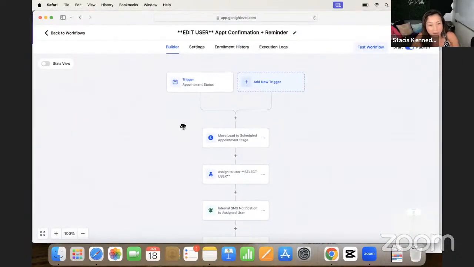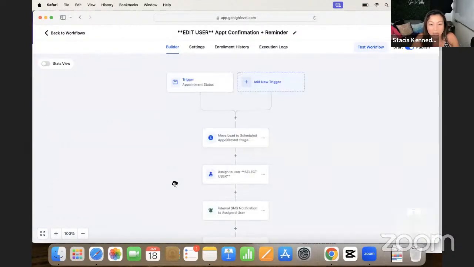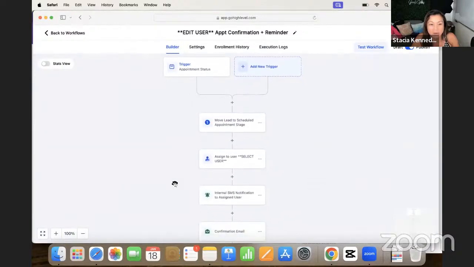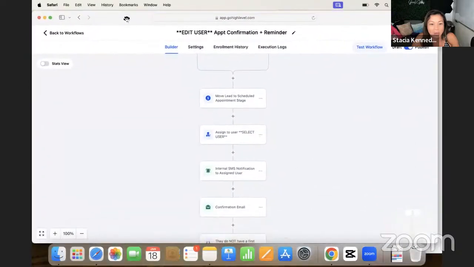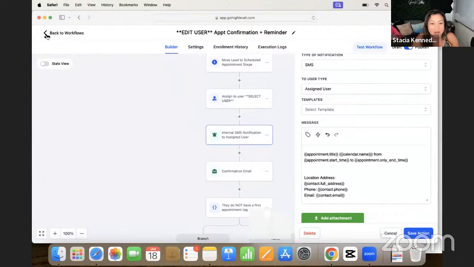There's a booking bot that'll book calls for you if you have a team like that. But this one is an appointment confirmation reminder. So if you replace Calendly with their booking system, when someone books their appointment, then it moves through this workflow. Schedule goes into the opportunity section, sends them a confirmation, sends you the